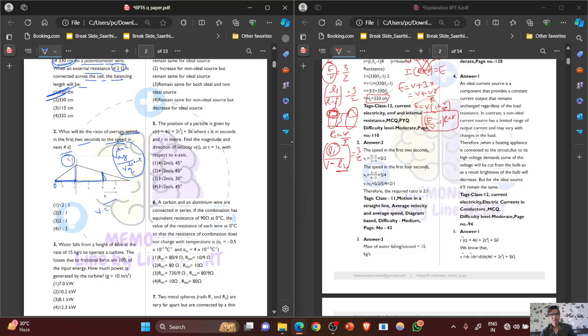Now we know speed is equal to change in displacement by change in time. In 2 seconds, the first displacement is 0, and at this point it is s. So the displacement will be s minus 0 by 2 minus 0. This will be, as you can see in the expression, s by 2. Now for the first 4 seconds,